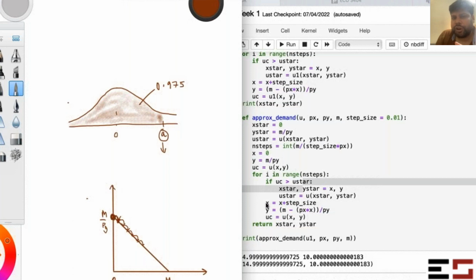And if that is not the case, you just keep continuing. You don't do anything, which is why I haven't written else. You just keep updating x and y, which you do at every step anyway. So that's what the code is all about. If you get something better than the current best, you replace it; otherwise you keep moving. Eventually, when you have gone through the entire budget line and reached this point,